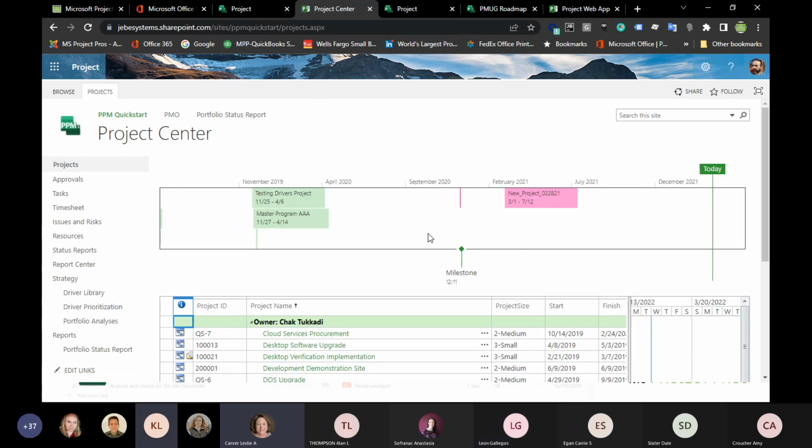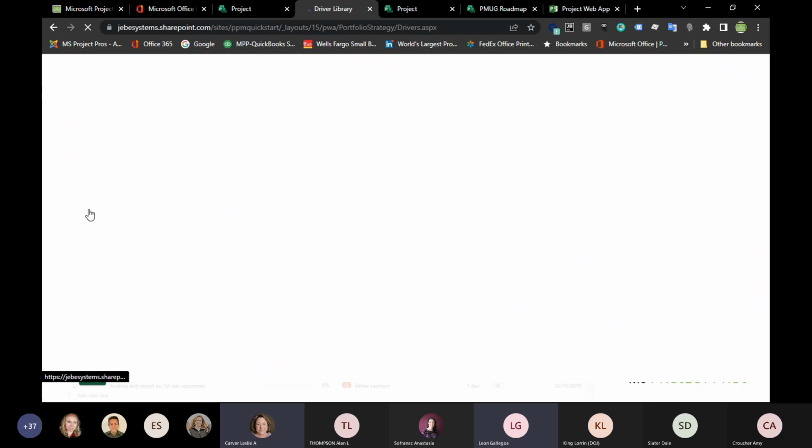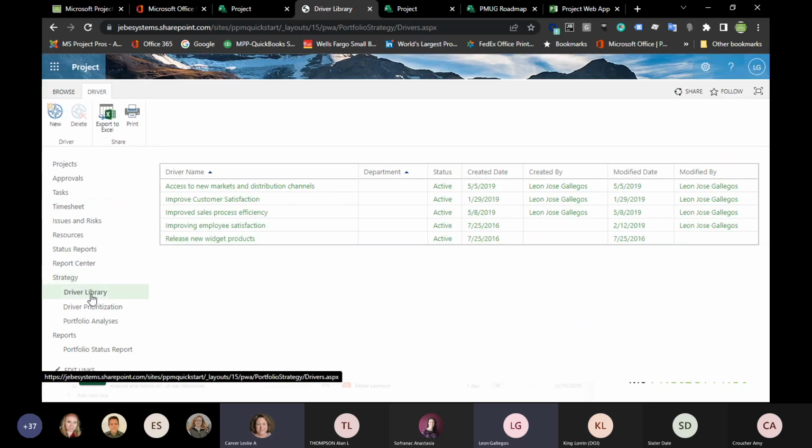Hi, yes. The strategic impacts where the project manager can rate the projects and so forth, can those be customized or do they just come canned and stay that way? No, very much customized. That is managed in what's called the driver library. You'll see these are the drivers that we were looking at in that strategic area.